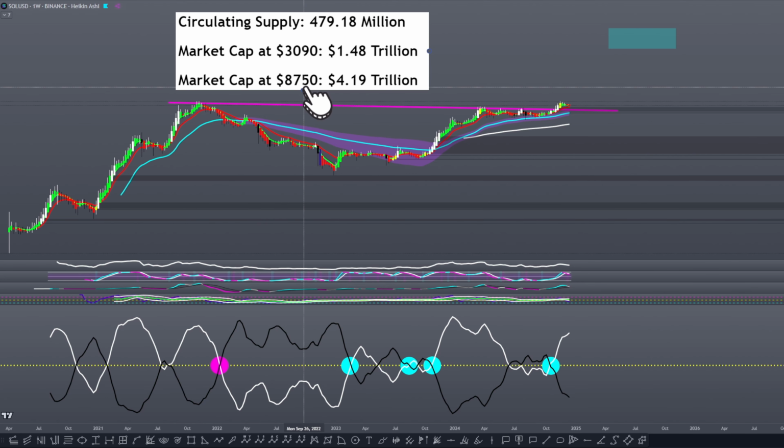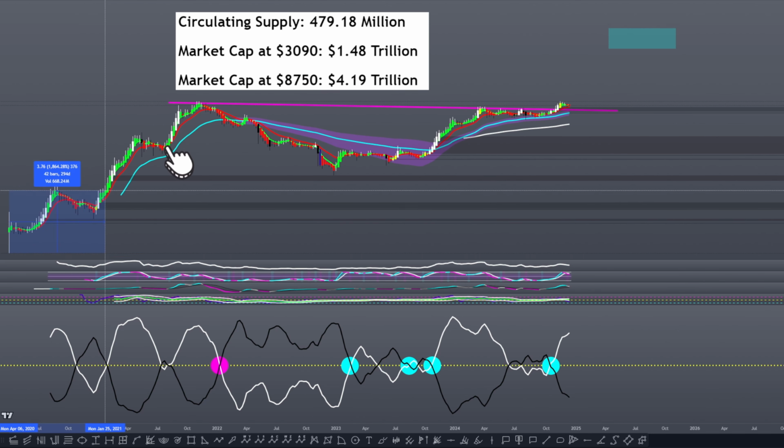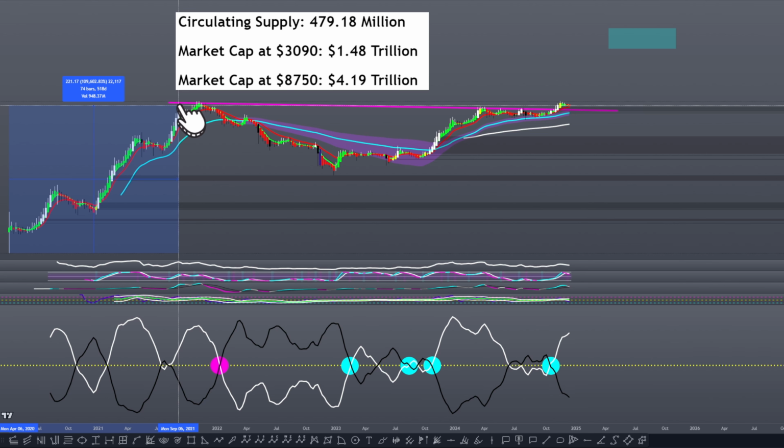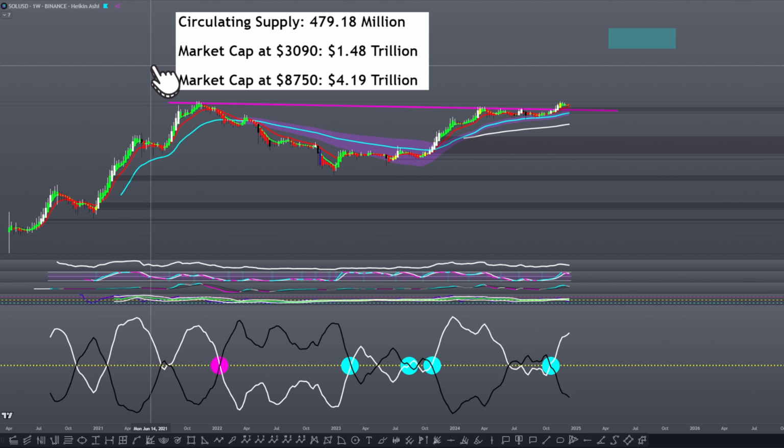At the upper bound, I have to take it from this really random wick all the way down here to 20 cents all the way to the peak in September, which gives it around a 110% move and potentiality. But if it were to move this high to around 8.7K, it does give it a $4.19 trillion market capitalization. And given that that would be, depending upon where Ethereum and Bitcoin go, higher than both of those, I'm not sure how likely that is.